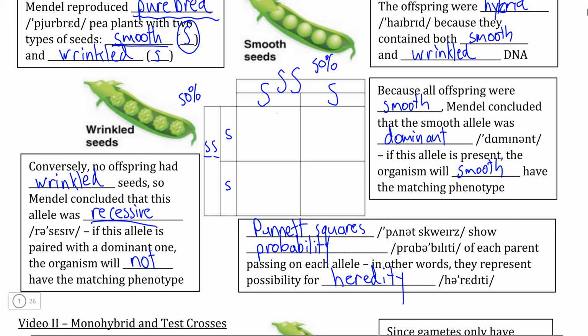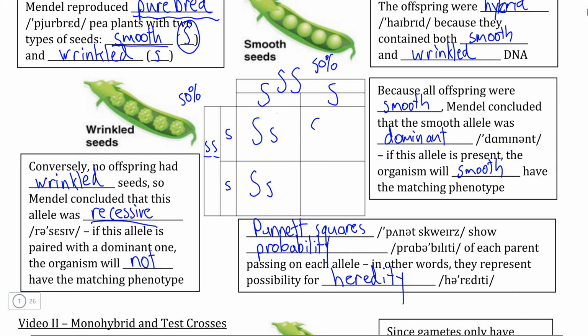And we can see that when this sperm and this egg come together, the offspring would have a dominant allele from the paternal organism and a recessive allele from the maternal organism. Then this possibility would be identical, receiving the dominant allele from the paternal organism and the recessive allele from the